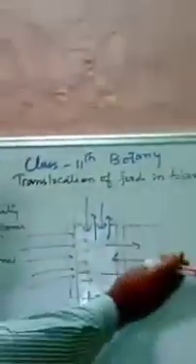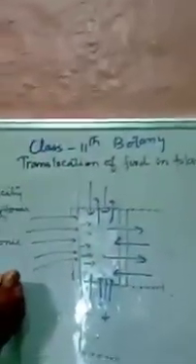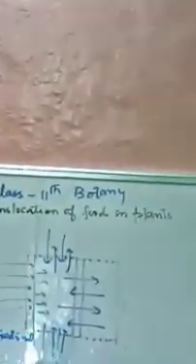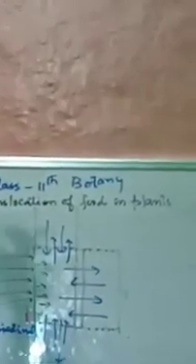But here we see that food moves upward, it moves downward, it moves sideward. So we can say the movement of food is multi-directional. Food moves from higher pressure gradient to the lower pressure gradient. And this topic we have studied, this translocation of food, is simply the mass flow hypothesis,